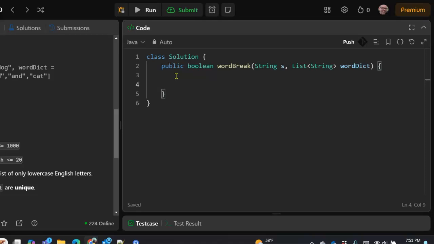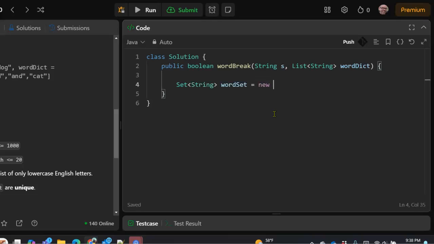So first of all, let's do this. We have a list here for the word dictionary. It's really going to be easier to do a lookup of these words if we put it into a set. So let's go ahead and do that. Set, it's going to be a set of strings, and we can call it wordSet.